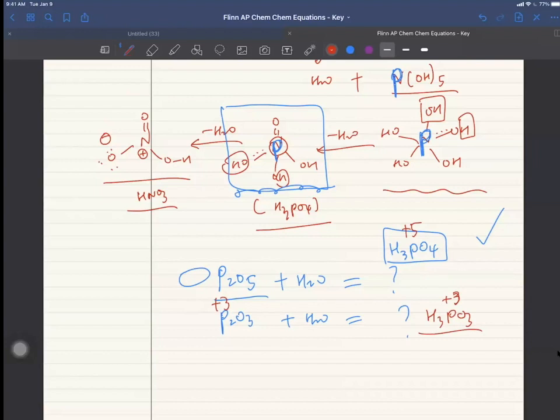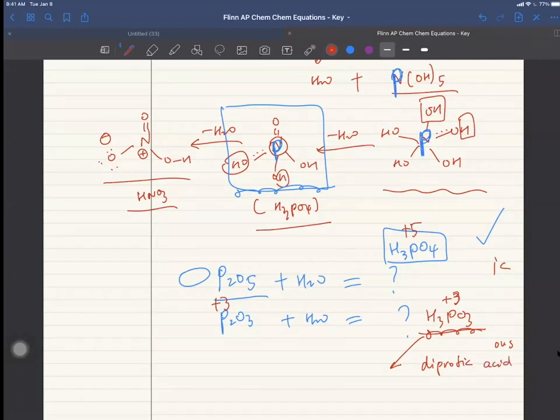Phosphorus acid. Yeah, phosphorus, right? The ic turned into OUS, right? That means a relative lower oxidation number. One more question. There are a bunch of stuff we can talk about. So if we know the phosphorus acid is a diprotic acid,